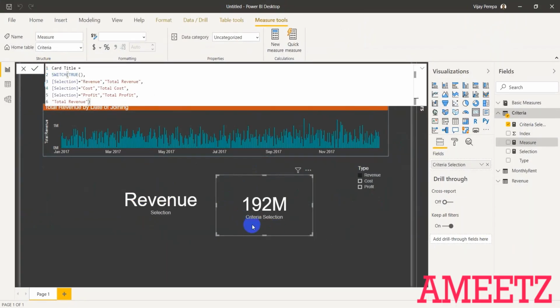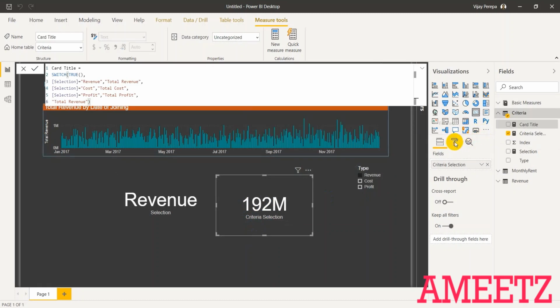But in the card, we cannot change the category label. So the card will be having two labels: one is the data label, another is the category label. We don't have any option to change the category label automatically. Only you can do the conditional formatting on the color. So I'm not using the category label in this. So I'm selecting the formatting options.